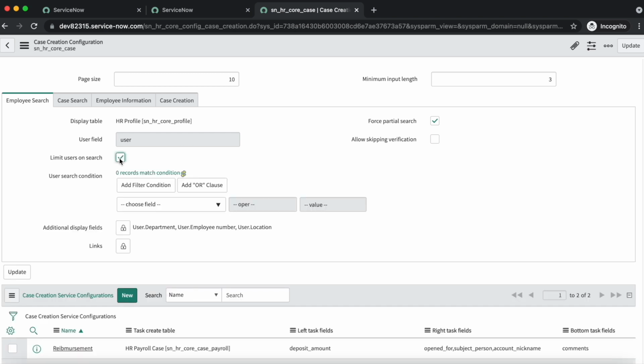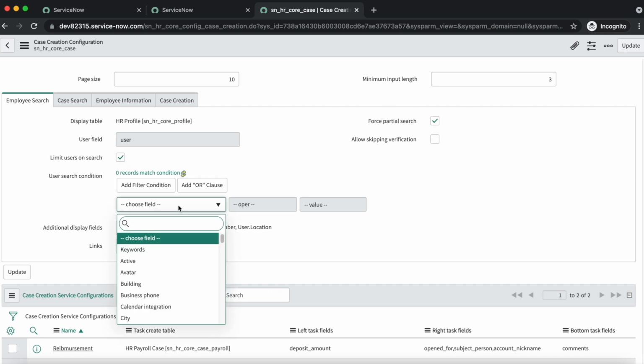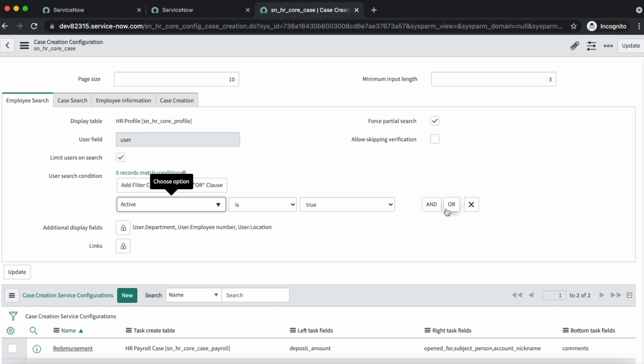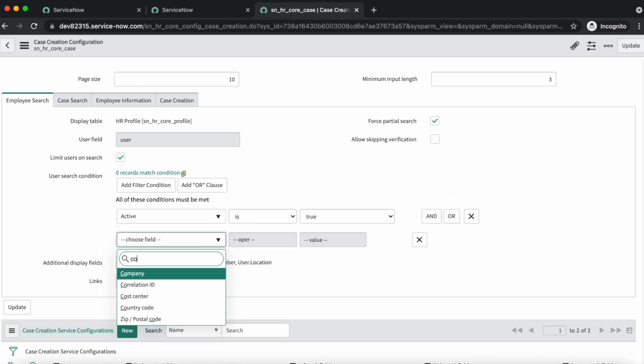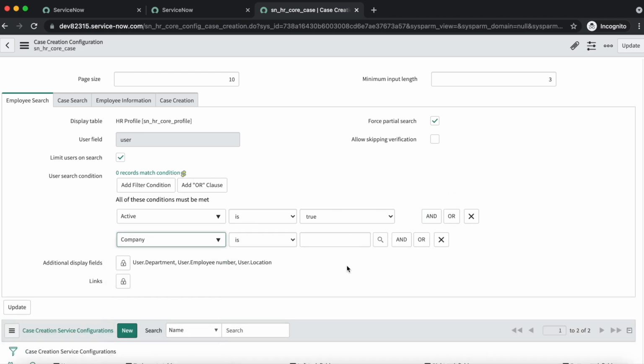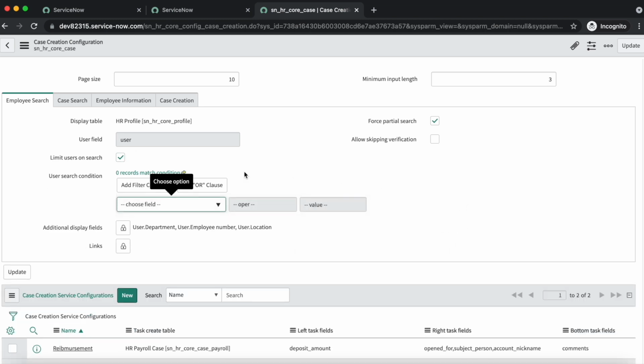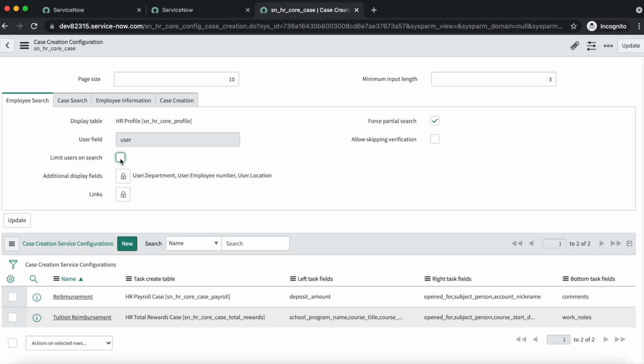So you can just check it and put your condition like active is true and company is whatever you are going to select over here, it will put the condition. So you can use this limit users on search to filter your records, filter your users.